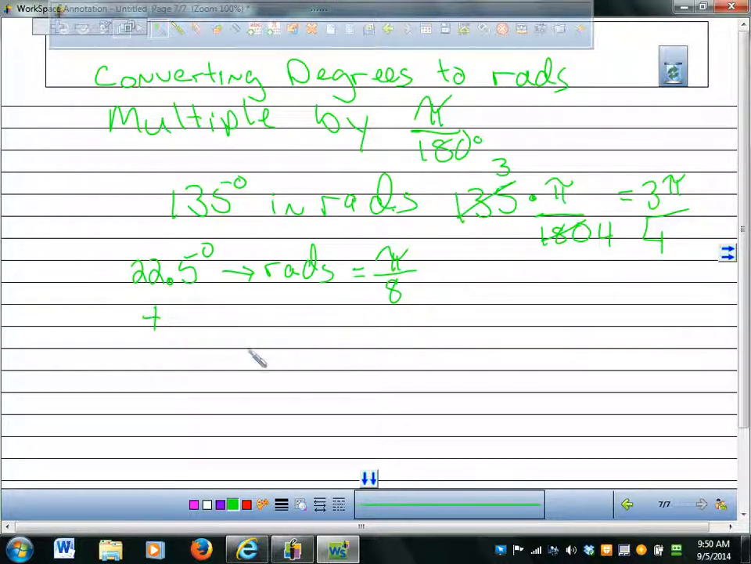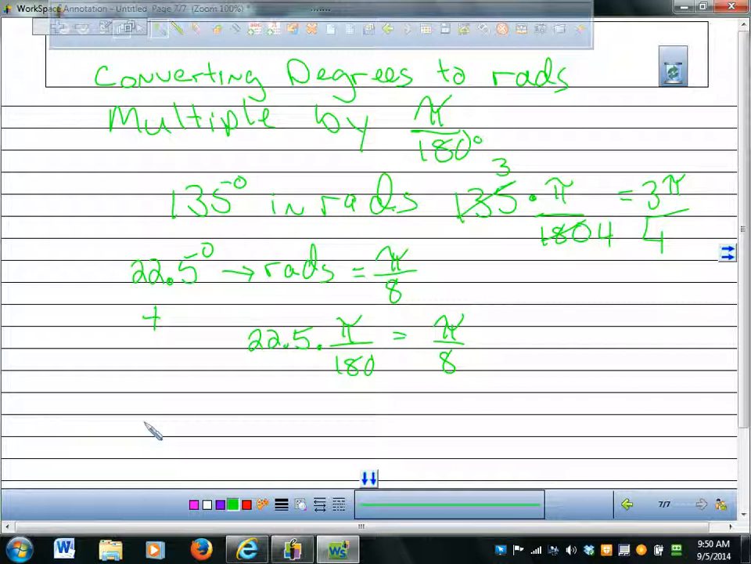Or you could go 22.5 times pi over 180, and then you would divide that into that, and you would get that's equal to pi over 8, like that. Okay? Radians don't have units on it. Okay? So if they say,